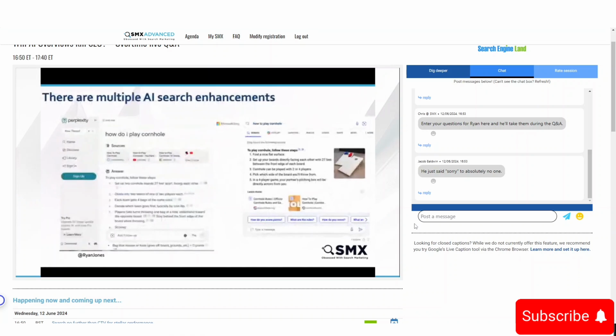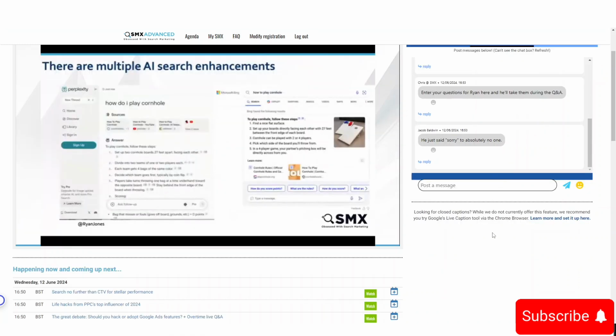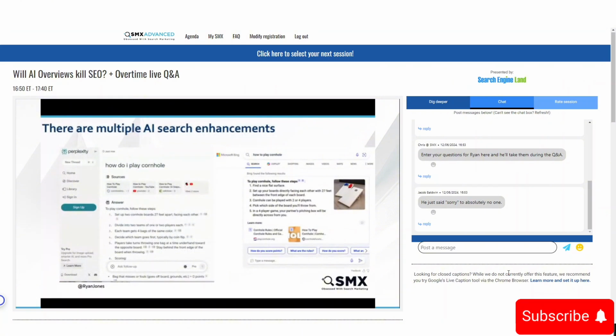And Google isn't the first to launch AI search enhancements. Perplexity AI launched this a while ago. So did Microsoft Bing. They put it live. Again, with Bing, you had to be in Edge and using the Bing search engine, not Chrome or whatnot. Perplexity, it doesn't really matter. Anybody can use it. But Google's not first here. They're kind of playing a little catch up. So it's just important to call that out.